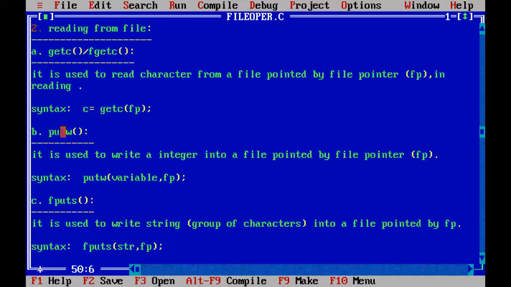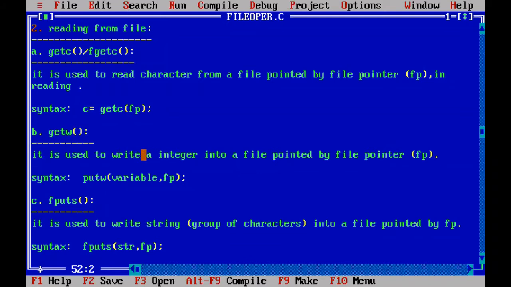And here putw will become getw, because we are getting from the file. So you erase it, and instead of putw, it will become getw. So use it to get one integer from the file. So you change the definition also.